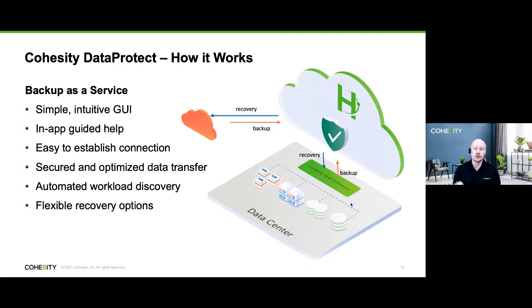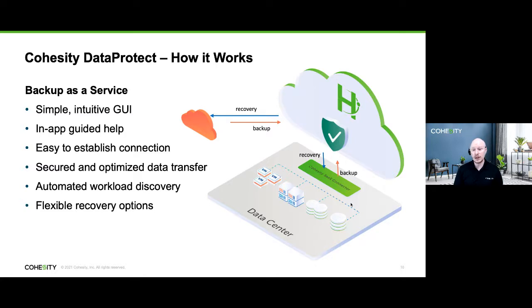So if you've got a question, you can click on help. It'll give you all the details for the pertinent information, the pertinent location that you're at. If you're looking at protecting SQL and you click on the help button, it's going to give you the details that are pertinent to protecting SQL. Or, say if you're trying to protect something inside of OneDrive, same thing. We're going to give you the details that are pertinent for what you're trying to set up.